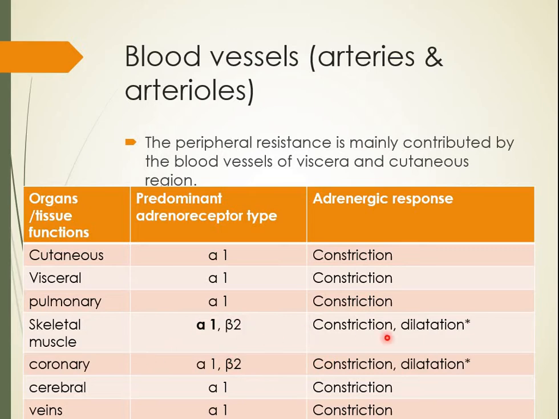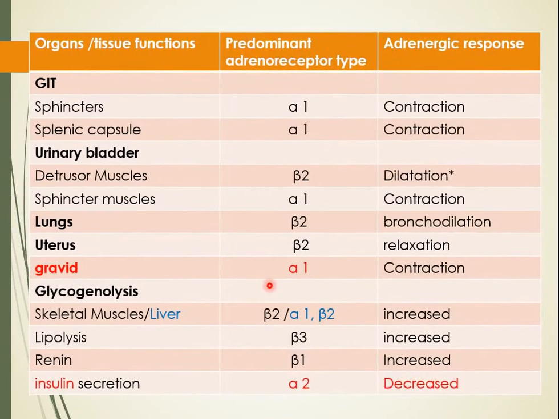Rest of the receptors and action is self-explanatory. Now here I have system-wise effects of the sympathetic division of the autonomic nervous system. In GIT, in the sphincters, there is alpha 1 receptor, and contraction of sphincter will lead to control on certain phenomena. The splenic capsule, if contracted because of the stimulation of the alpha receptor, will squeeze, and once it squeezes, it will